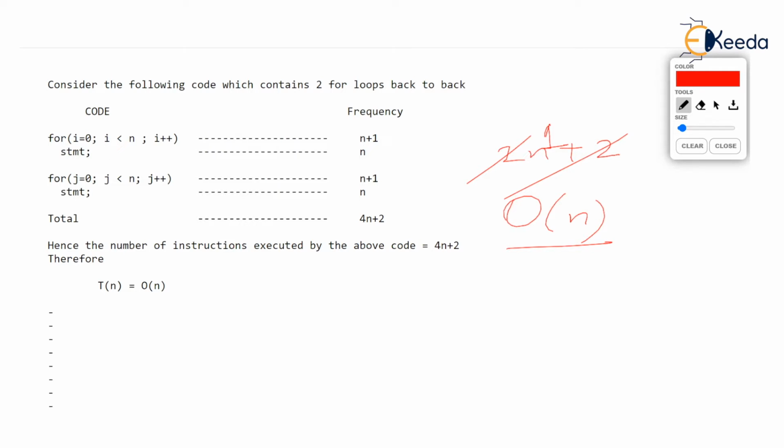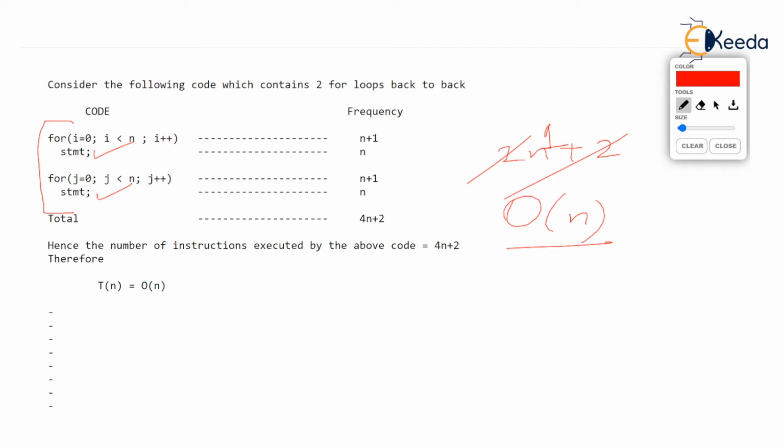So the summary is that whenever you are given any code, you just see what is the most prominent line, which you should check how many times it executes. Now in this entire code, we are interested in running the statement. Come on, why did we write the for? We write for running the statement.